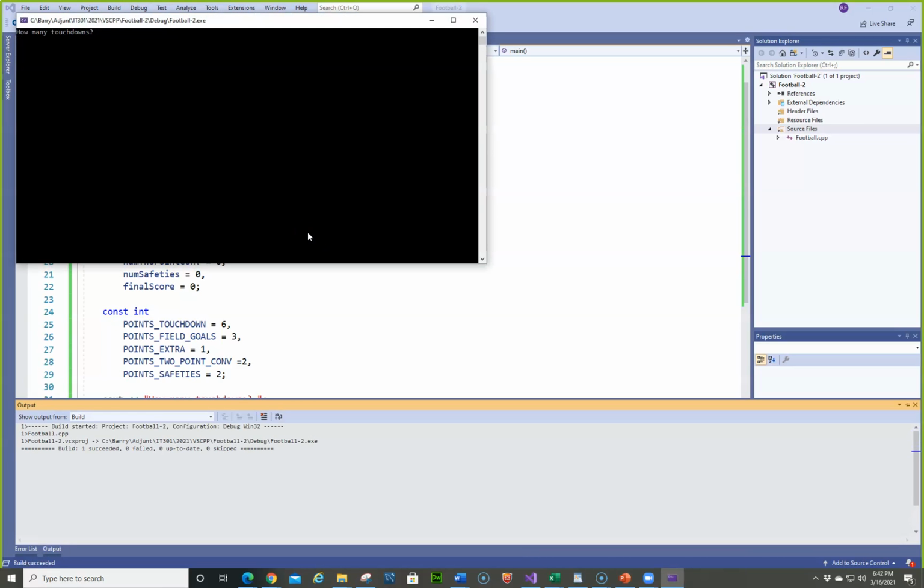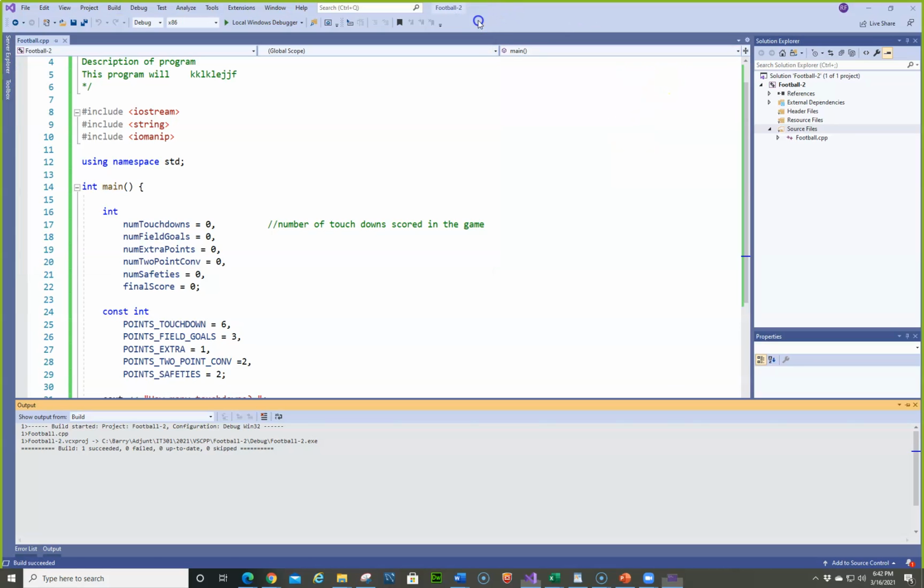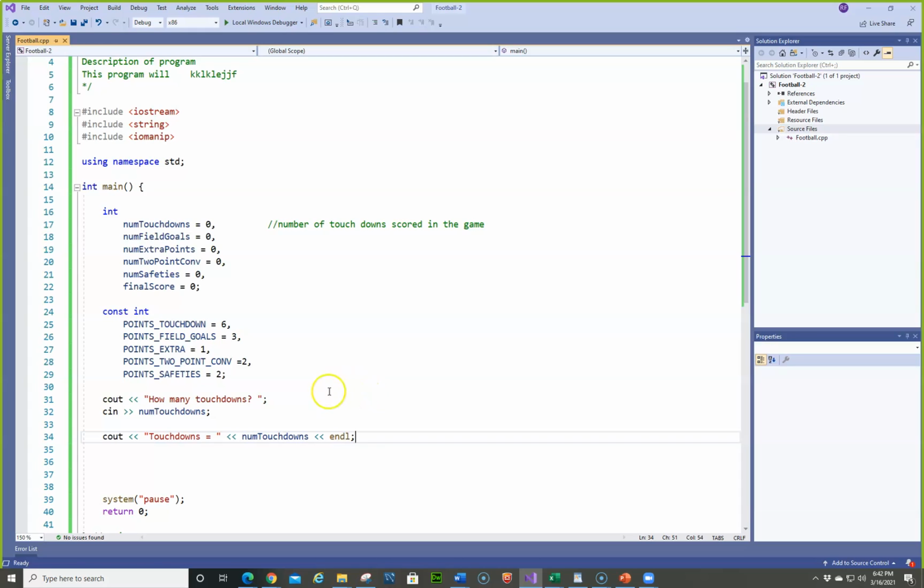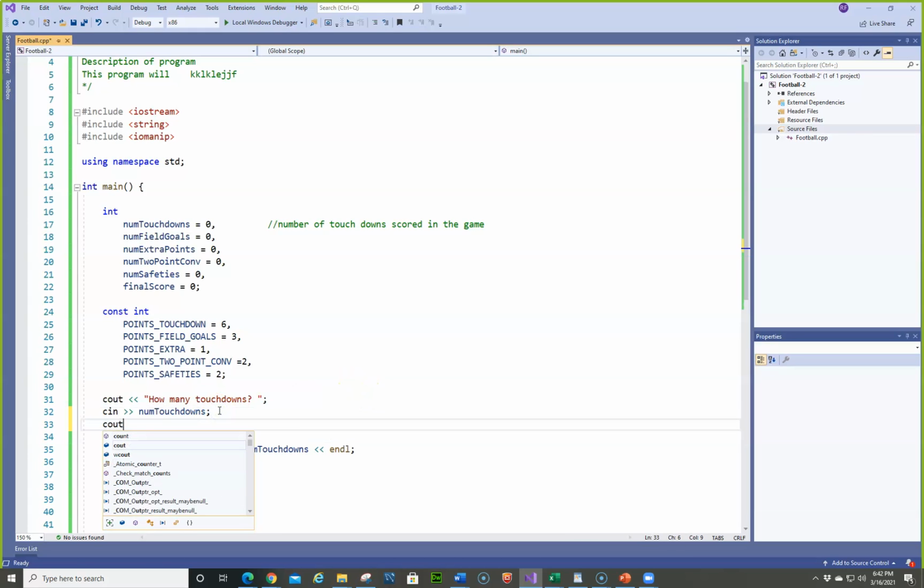How many touchdowns? Hey, we got Tom Brady, 8 touchdowns. So that works. So the next thing, and you can click on this to get rid of it, the next thing we need to do is cout